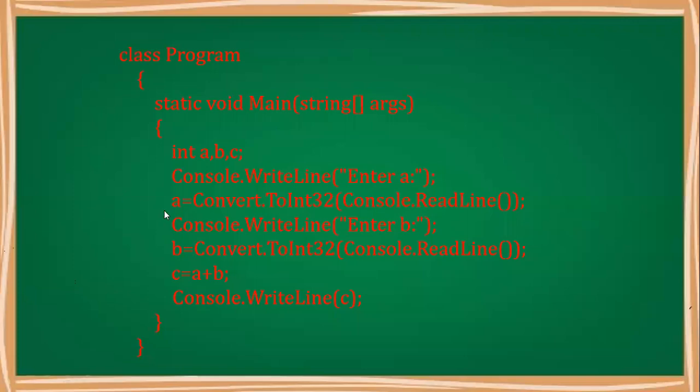So we are assigning that value to variable a, and we are getting input from the user. That input we are passing as the parameter to the method ToInt32. Whatever the user inputs from the command prompt will first be read by the console.readLine method. If it is an integer, it stays an integer; otherwise it will be converted into Int32, and after that the value will be assigned to variable a.